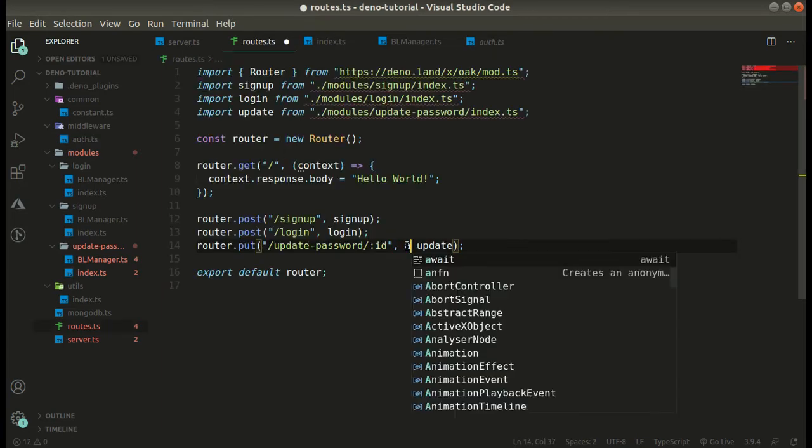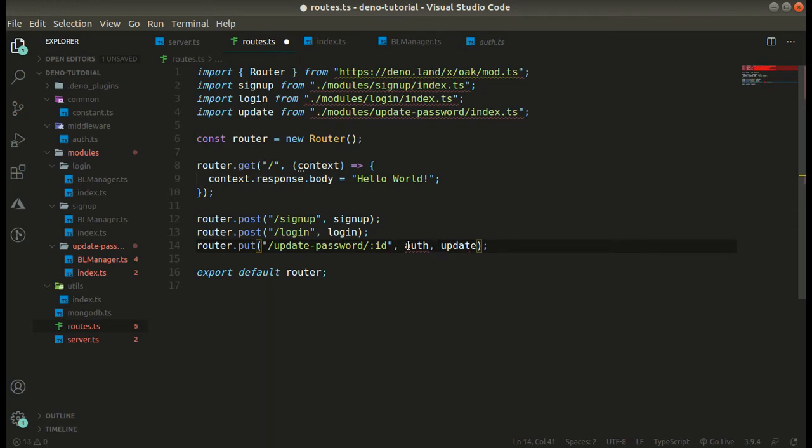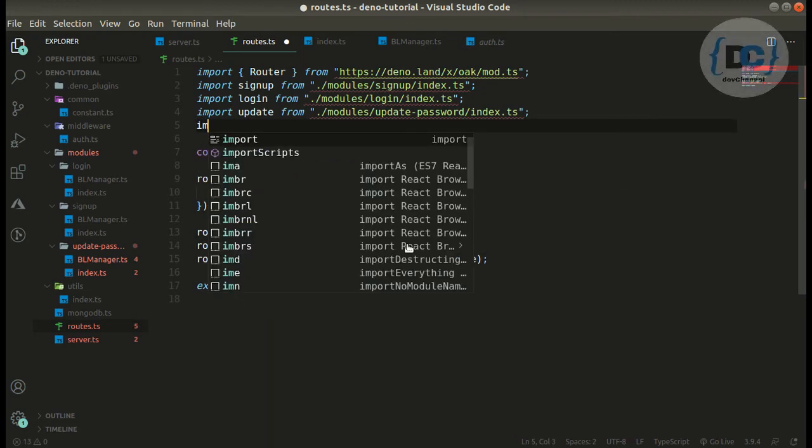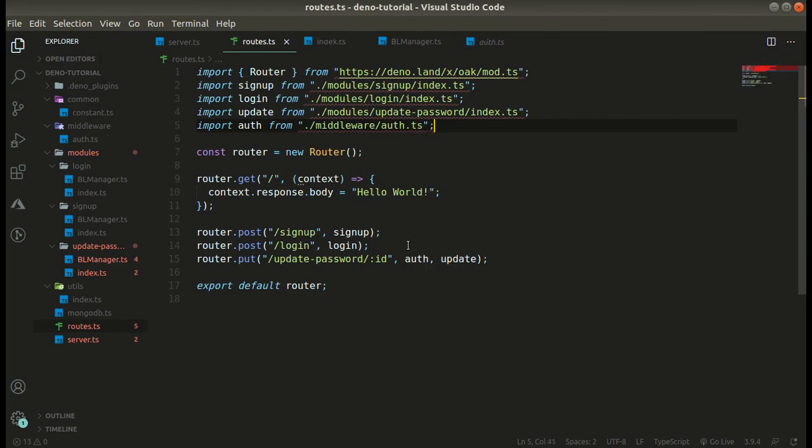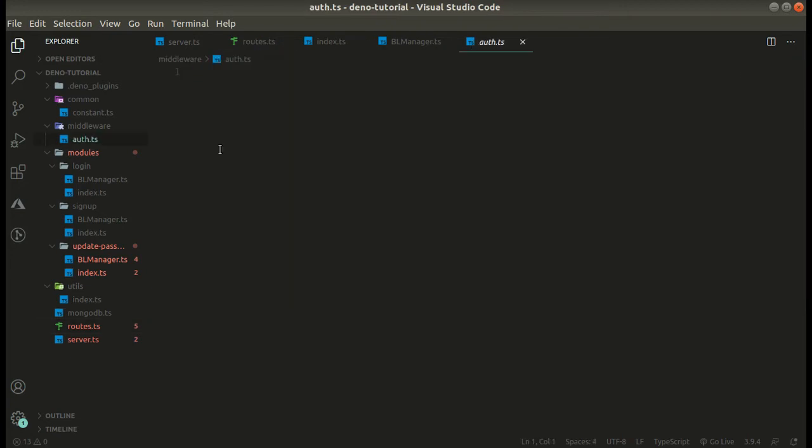Over here goes our middleware, auth, and let's quickly import it: import auth from /middleware auth.ts.